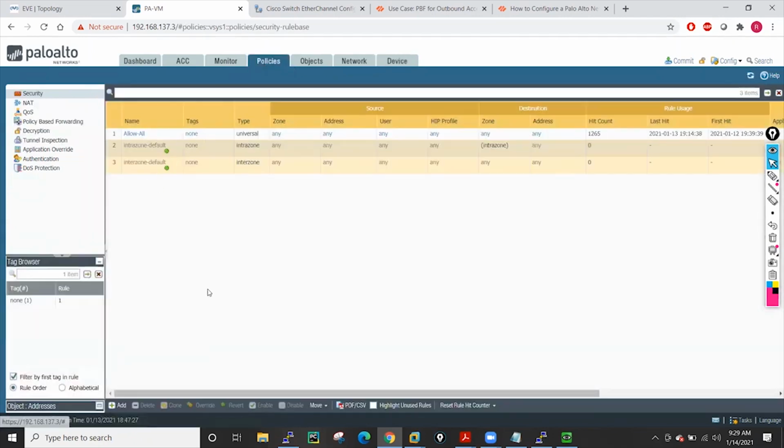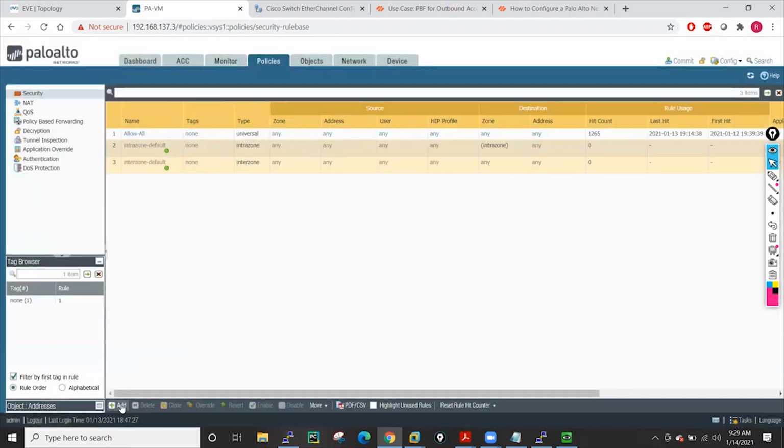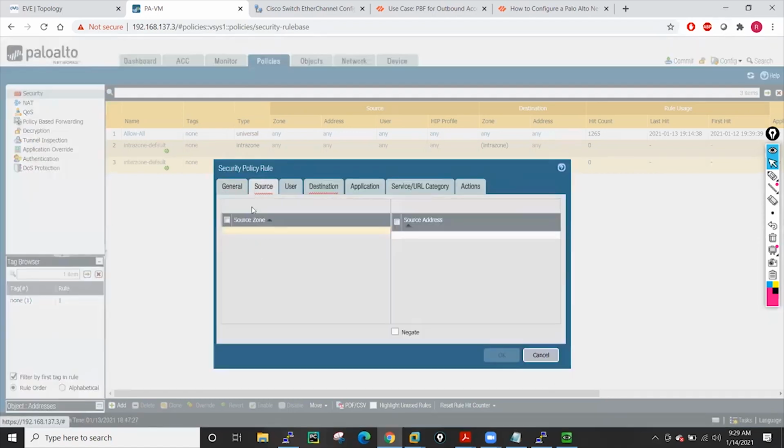I have this rule, right? And let me just save my configuration. Right now I have nothing to save. Okay. So if I've done any kind of changes, okay, let's suppose I have added this rule